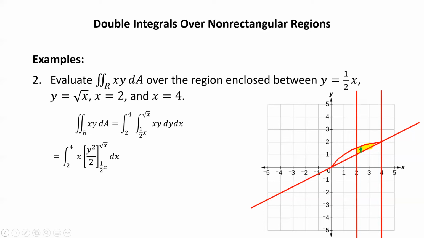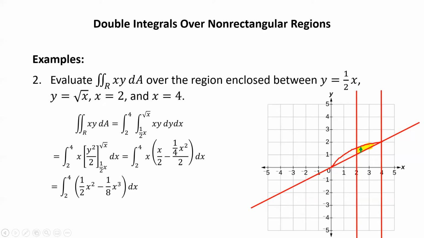So we're doing the dy integral first, the inner one. That becomes y squared over 2. The x just stays where it is because it's being treated as constant. We're going from 1/2 x to root x. When we plug in the root x, we get x over 2. And when we plug in the 1/2 x, we get 1/4 x squared. So simplifying this, we have x times x over 2 is 1/2 x squared, and x times 1/8 x squared is 1/8 x cubed. So we're left with 1/2 x squared minus 1/8 x cubed as the integrand,